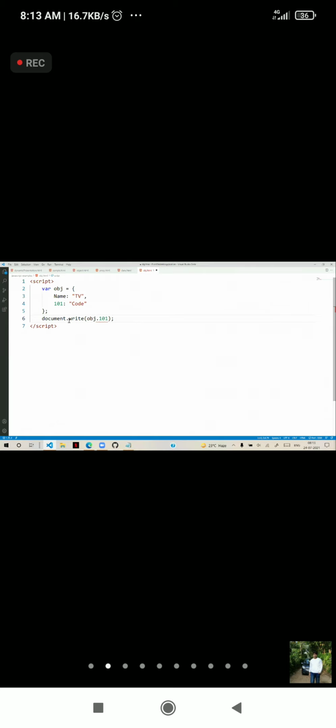What does this mean? What did you understand by this point? Object will allow keys that must always be only string type. Understood? So a number cannot be a key. The key always must be a string. So a number cannot be used as a key.